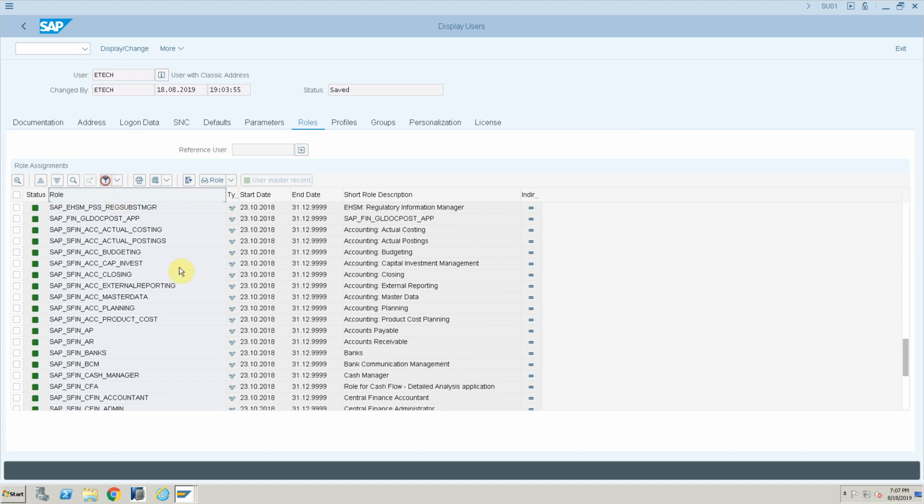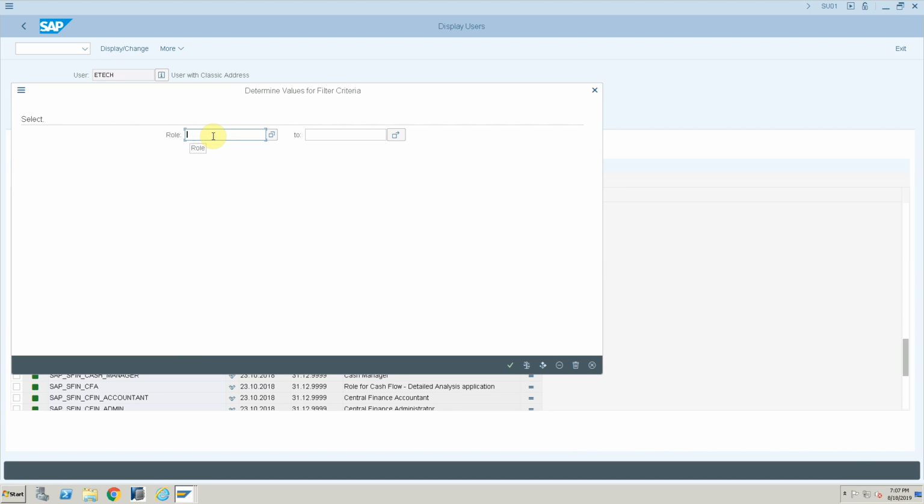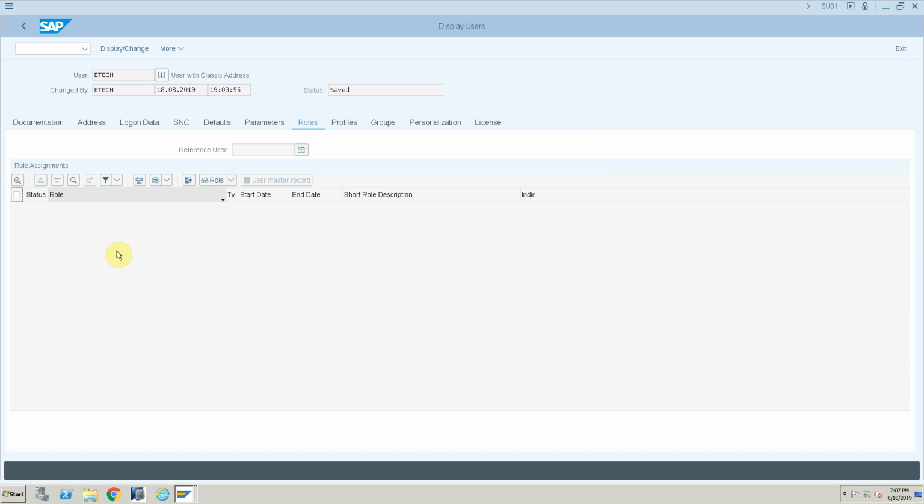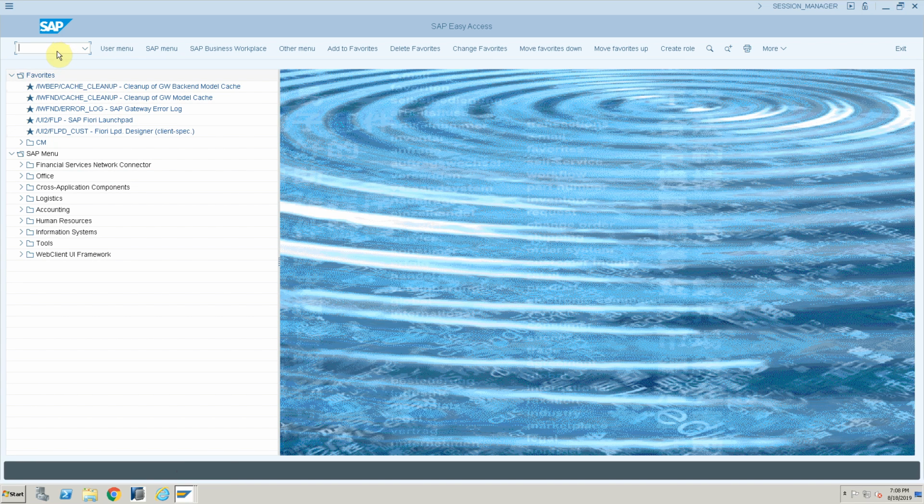By filtering roles here by name, we can ensure that there are no roles related to MDG in my user. So, if I would like to use MDG, let's say through NetWeaver Business Client, I will not be able to do it. Let's ensure. I'm using transaction NWBC,